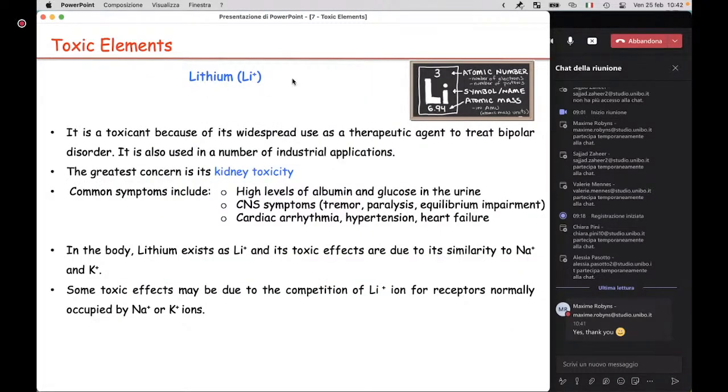So, okay, thank you for confirming everything is clear enough, at least enough. So we can start